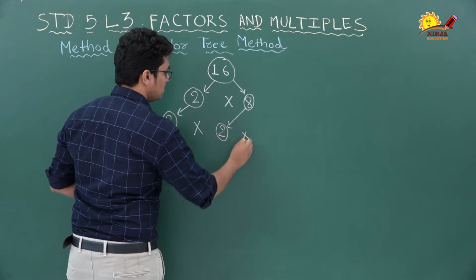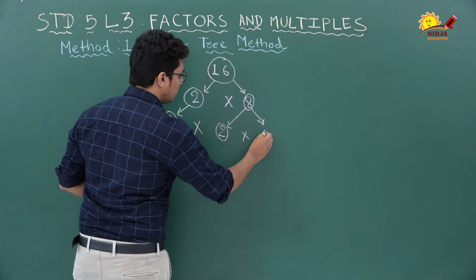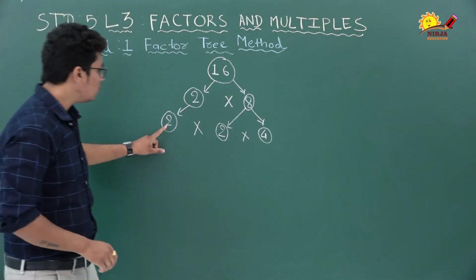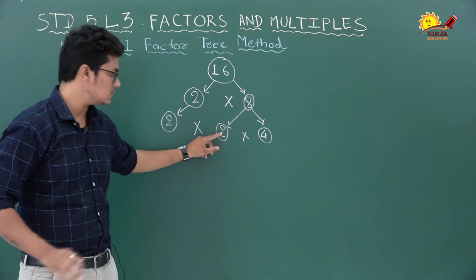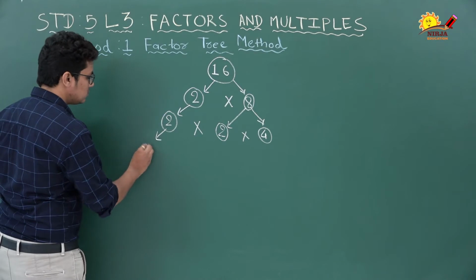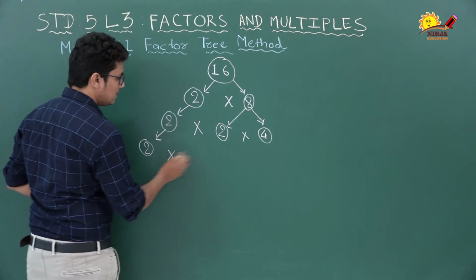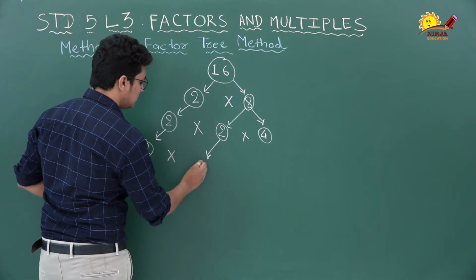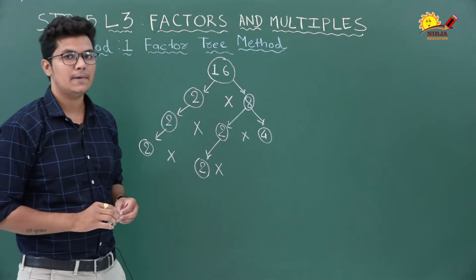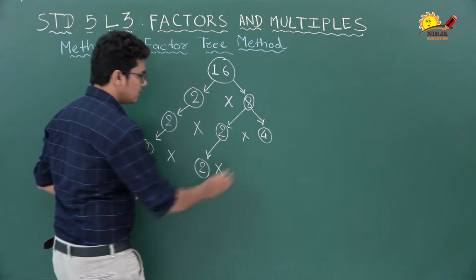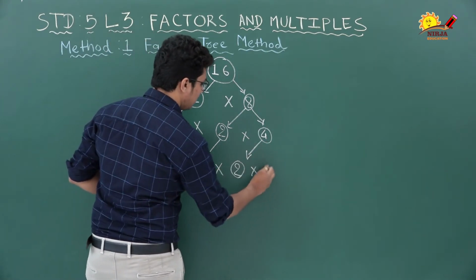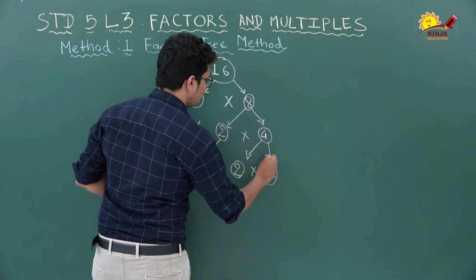2 multiplied by 4, we get 8. Okay. Now here 2 and 2 are prime numbers, but 4 is a composite number. Again we will write this 2 as it is, multiplication, this 2 as it is, multiplication, and we know that 2 multiplied by 2 is 4. Okay, 2 2s are 4. So 2 multiplied by 2 is 4.